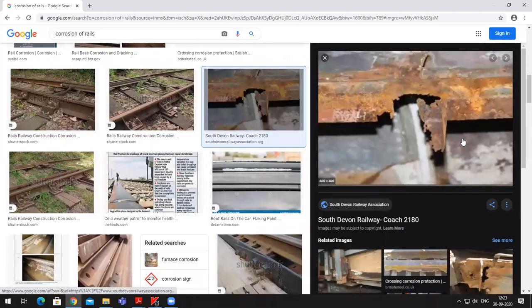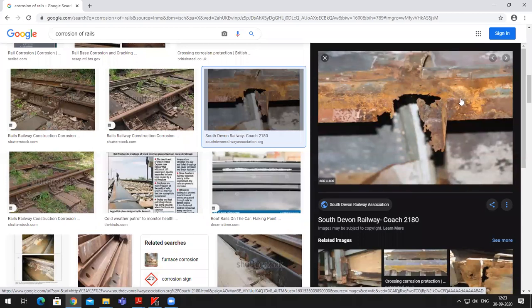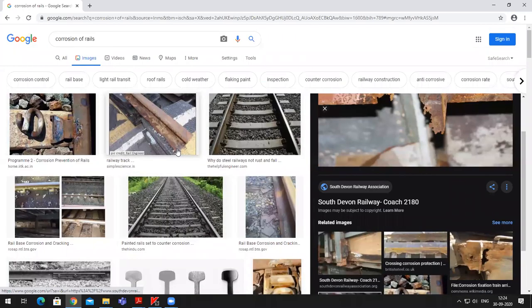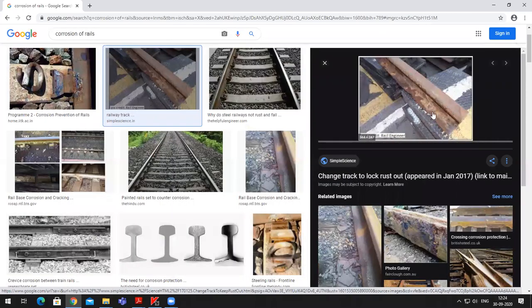See, if the corrosion is not treated properly, this would be the situation. All these yellow spots that you can see, this is corrosion. If this layer is removed, the new layer gets exposed and even that gets corroded, and if even that is removed, then the next layer gets corroded, and so on, and finally the metal gets eaten up like this. So you don't want this to happen. That's the reason normally during the manufacturing process they give a protective coating. Again, see, this is how the corrosion will cause problems.